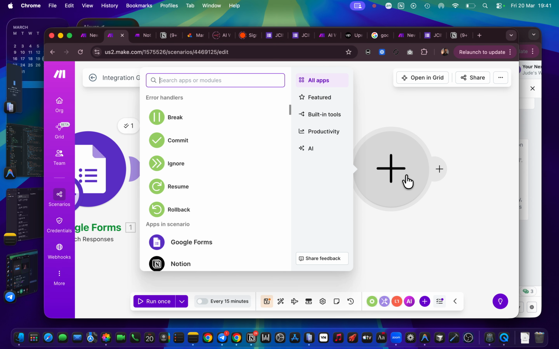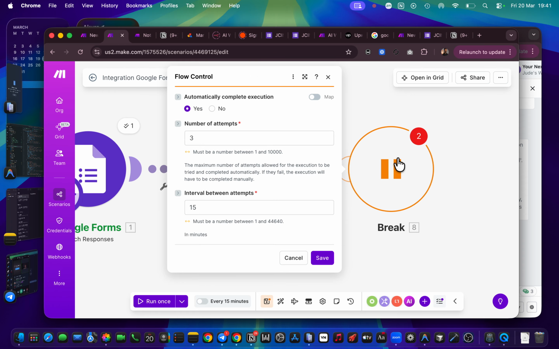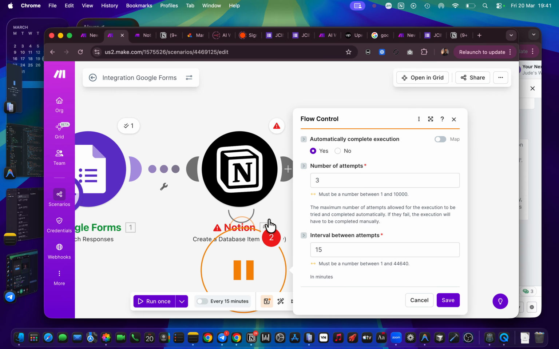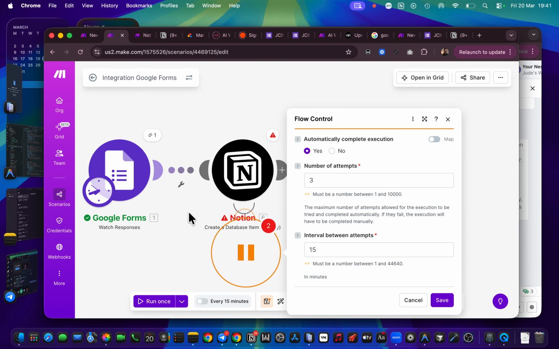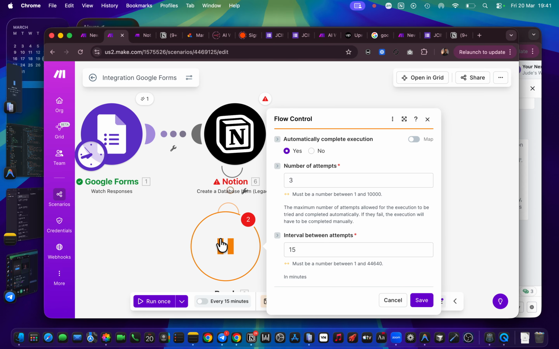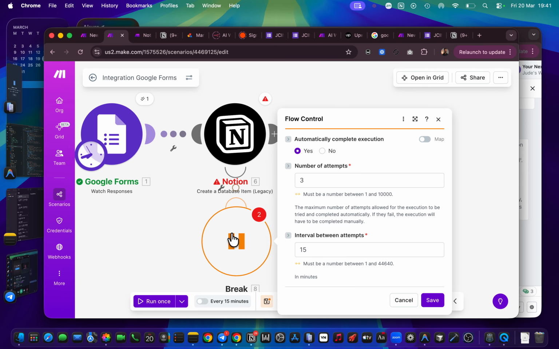We mostly just use two. To be honest, I doubt you will use any other one, because I have not used any other one so far. All the automations I've built, I've only used break and ignore, and most times I don't even use ignore, just break. So let's use break this time around. You can bring it down here for you to know this is not an automation itself. This is just a flow control. This is a tool. Also, this is an example of a tool.